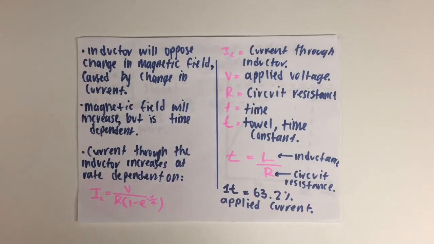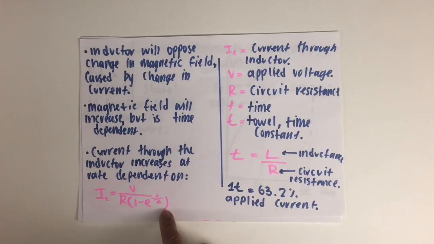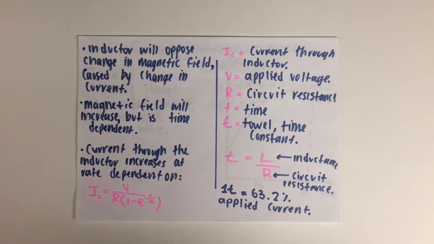However, the inductor doesn't want its initial magnetic field to change, therefore it will resist this change when a current is applied. The magnetic field will still increase in magnitude, but not instantly, instead at a rate dependent on time. As magnetic field and current passing through the inductor are proportional, it also will increase at a certain rate, dependent on the formula. Current of the inductor equals applied voltage over resistance, times 1 minus e to the power of negative t over tau. Tau being the time constant of the inductor, given by tau equals inductance over the